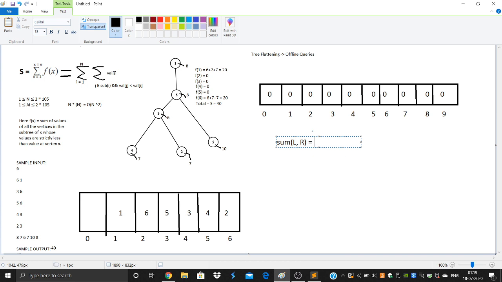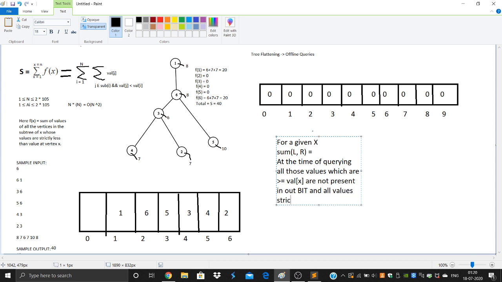So using a binary index tree, what can we do? We can get sum between l comma r. So what if, when we are querying for l comma r for a given x, at the time of querying, all those values which are greater than or equal to val at x are not present in our BIT, and all values strictly lesser are present.